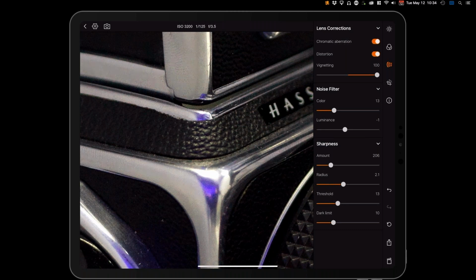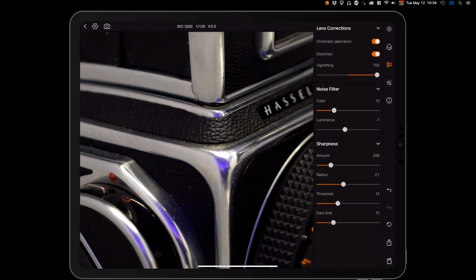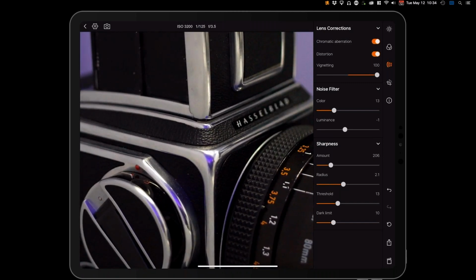And a really neat tool is the dark limit slider. So this is in place to basically avoid over sharpening in areas of dark values to bring in more noise. So basically like an image with this where I have a lot of dark information in the lower tonal parts, and it's at relatively high ISO.